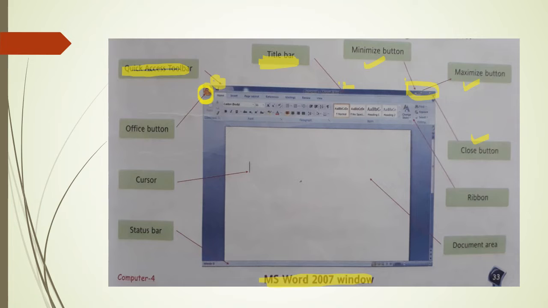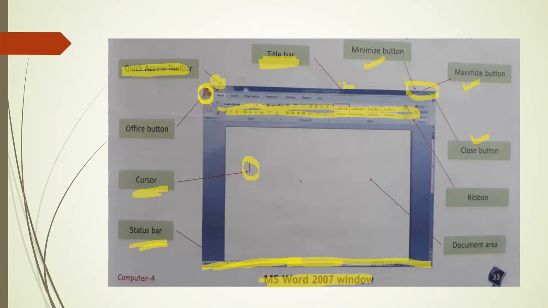In the blank area, this blinking line is our cursor. Then at the bottom, this bottom bar is called the status bar. Now come to the right side. Here you can see so many things, the tabs and the groups.